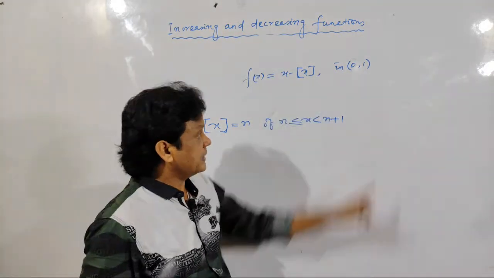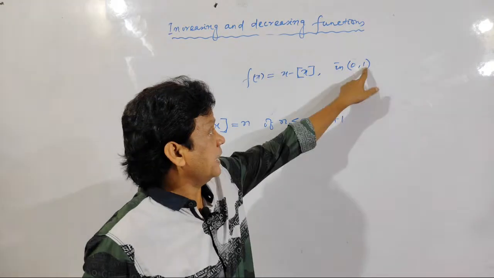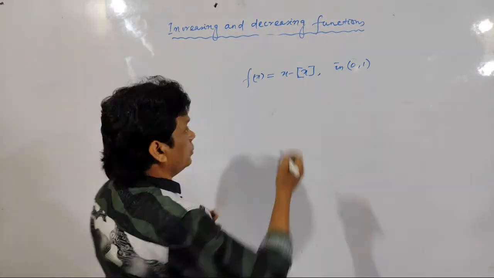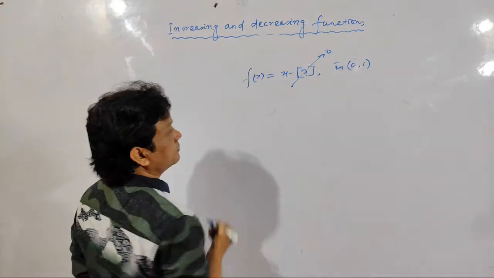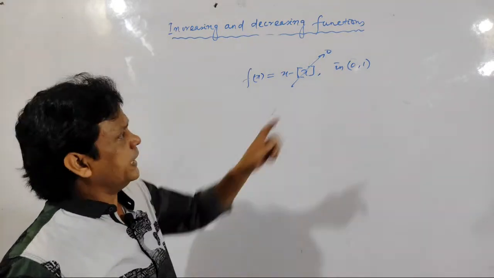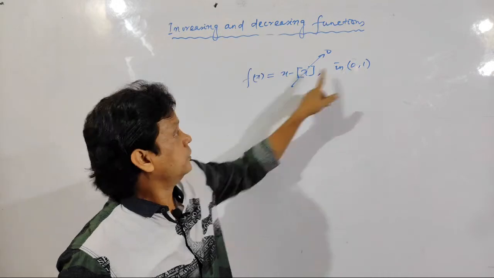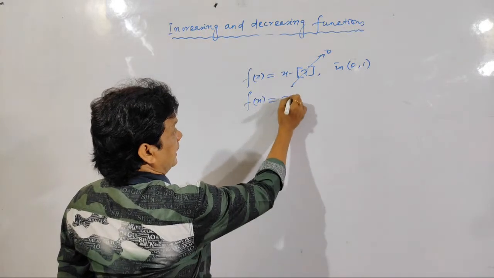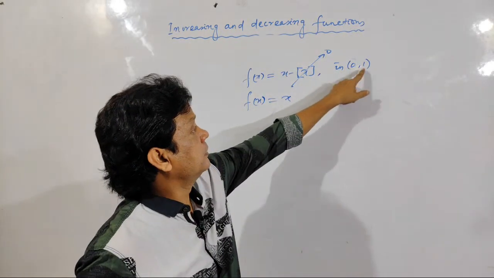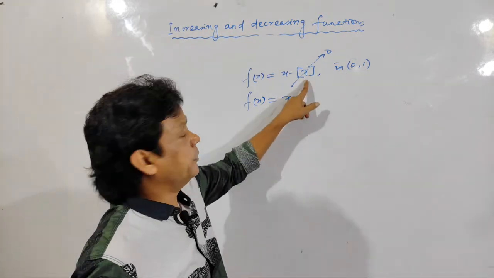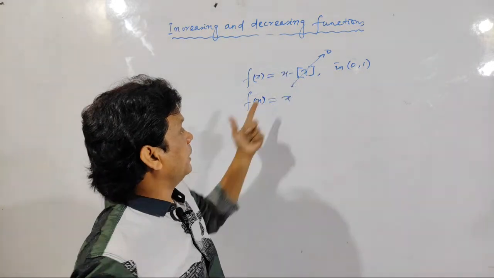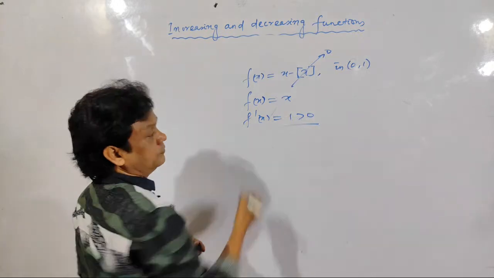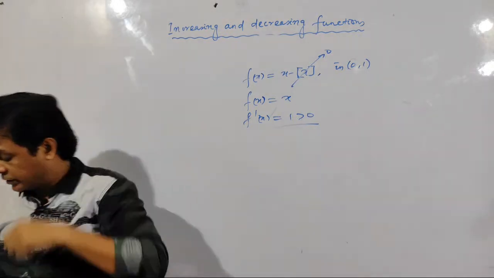Here, x lies between 0 and 1. And if the value of x lies between 0 and 1, what is the lower limit? 0. So this quantity will become 0. Clear? So you can take any point within 0 and 1, and the value of bracket x will become 0. So now f of x is equal to x, because in this interval the value of bracket x will be 0. So you only have to find the derivative of x, and the derivative of x is 1. So it is greater than 0. Clear? So the function is increasing.